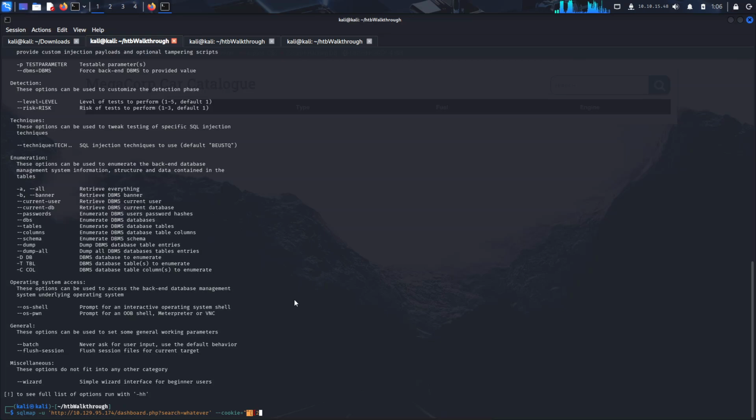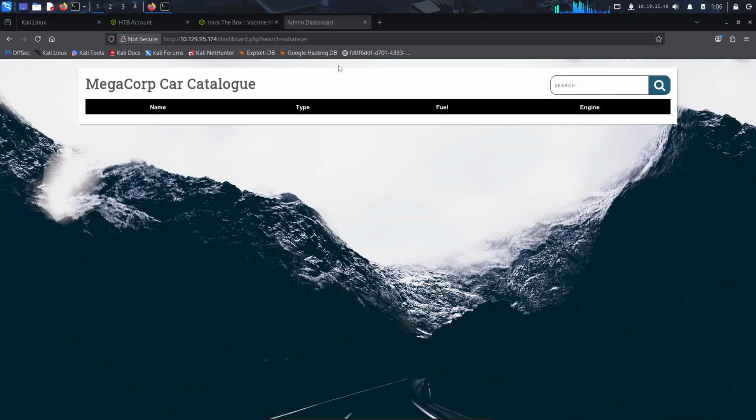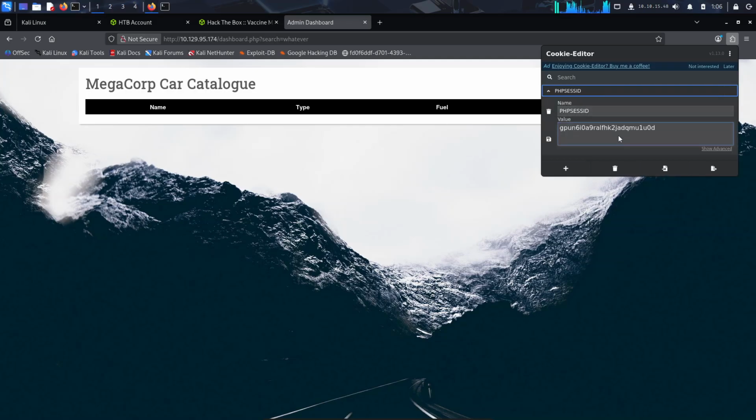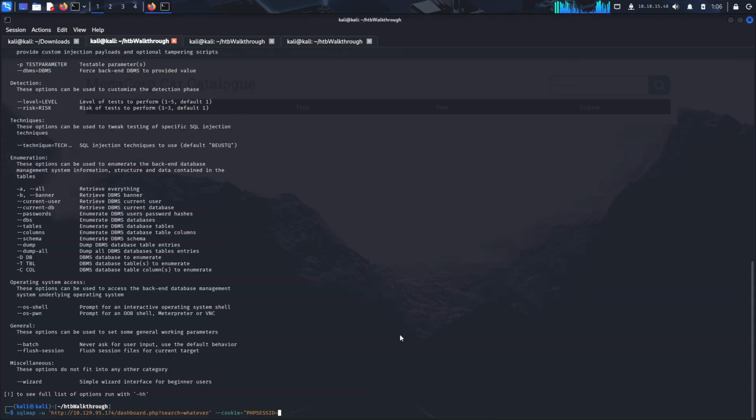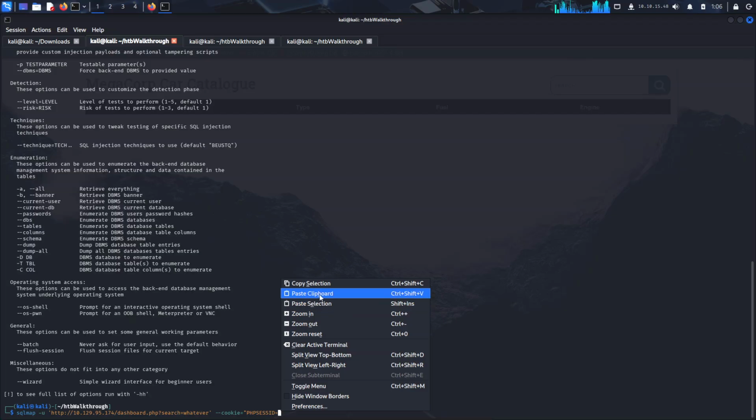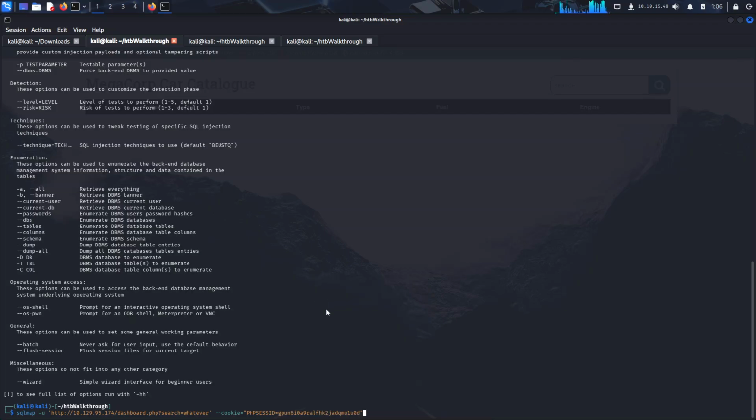And we're going to grab the value for it. So this is going to look at the URL with the cookie, and it's going to try and see if anything might be vulnerable